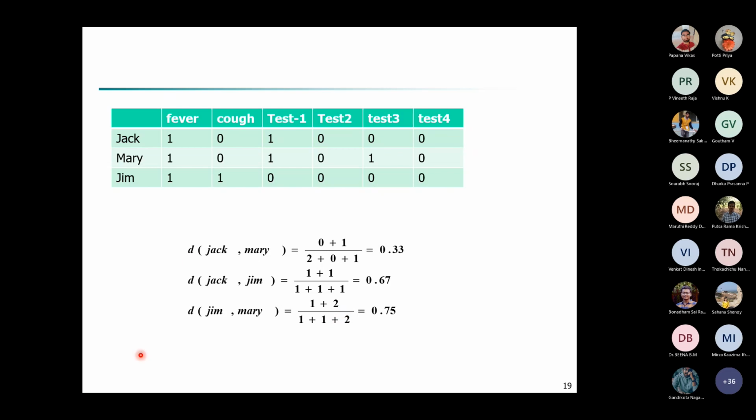So it can be asked for finding the dissimilarity, or it can be asked for finding the similarity. You should know both formulas. If you are not able to remember exactly the Q, R, S, T, at least remember the basic thing you are finding: either the number of matches divided by the total, or the number of mismatches. That count you should remember. Next is Jaccard similarity, cosine similarity and so on, which we'll see in the next class.